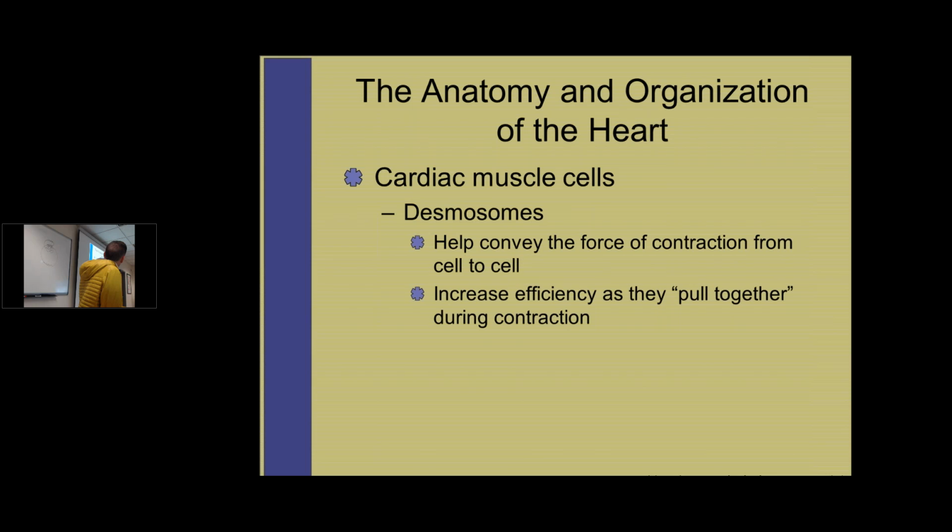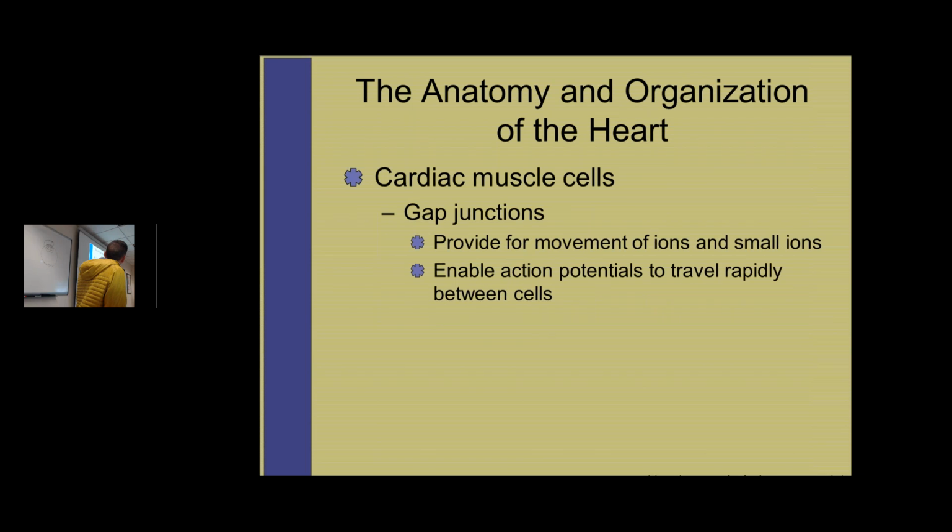The desmosomes basically act to help contraction, help pull those different muscle cells together for effective contraction. The gap junctions are for the electrical system. So the gap junctions help cells communicate with each other to get that